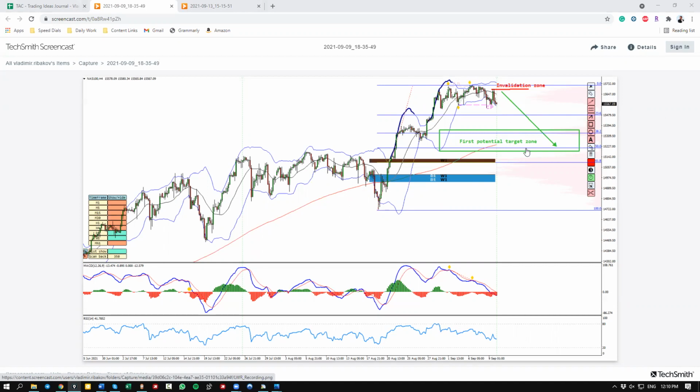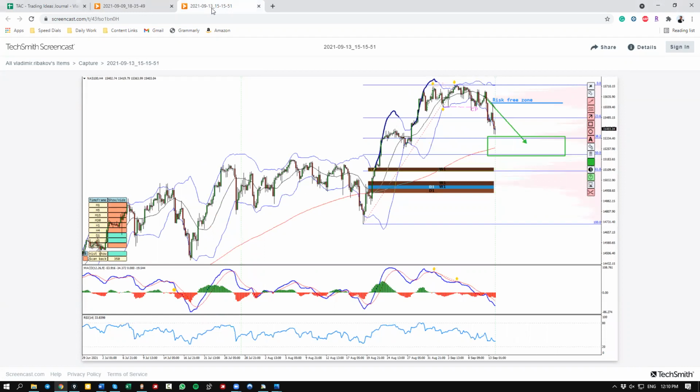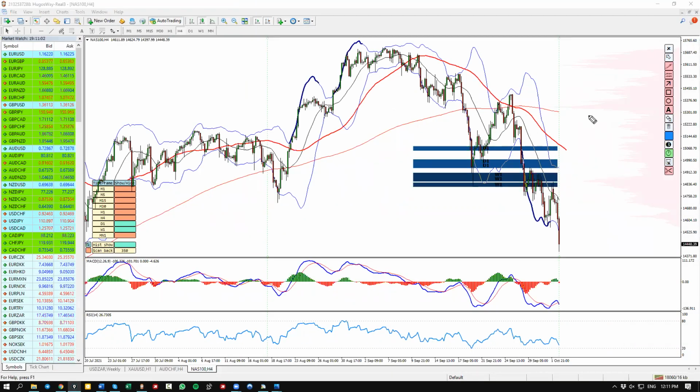Initial first potential target zone for us was here, the Fibonacci expansion level on the most recent trending structure, which we've had here. Okay, so after quickly reaching the first target zone and making the initial management, we go mainly and make it risk-free, meaning in case the market would push it up again, we don't have a risk. But the market did not push up, and after making the initial target reach, yes, we've had a pullback, and it was really impressive at some point of view, but it was never enough to go and hit the